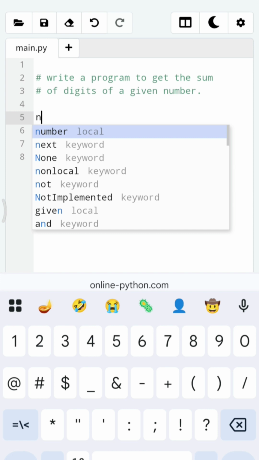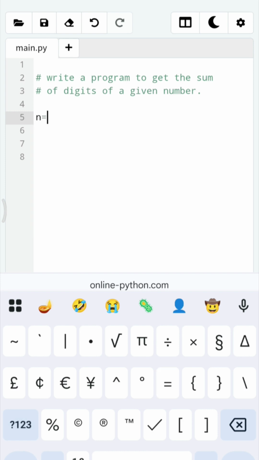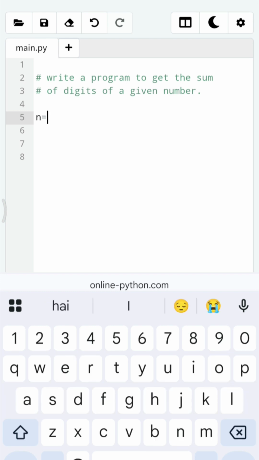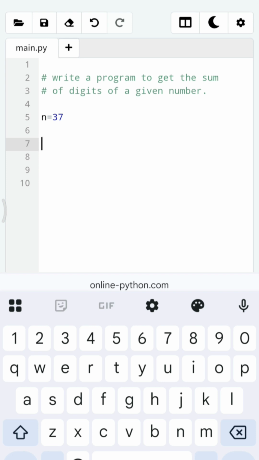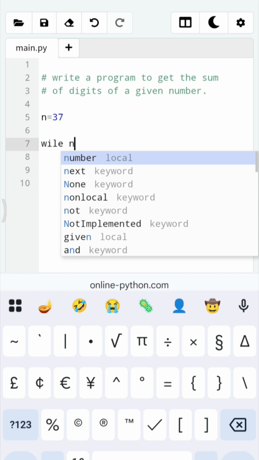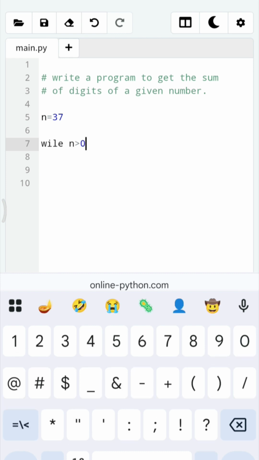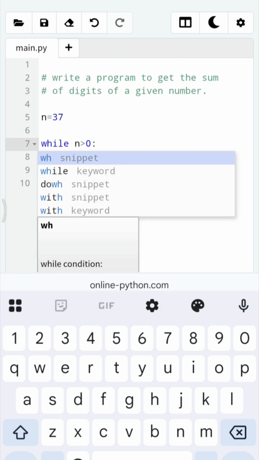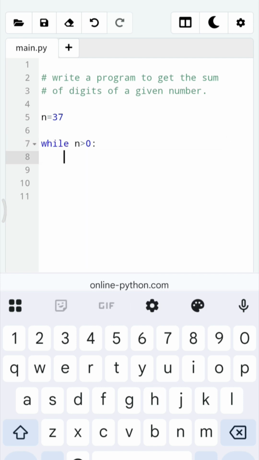So first we'll take input as n is equal to any random number. Here I will take the number as 37, 3 and 7. So now I have taken the number as 37. Now I'll write a loop here, that is a while loop, while n is greater than 0. Before that, there's a small spelling error. So, while n is greater than 0,